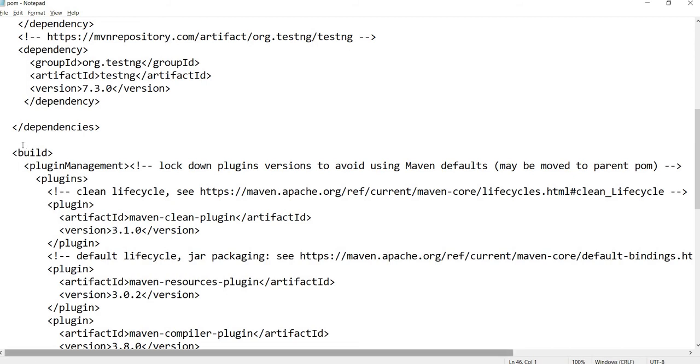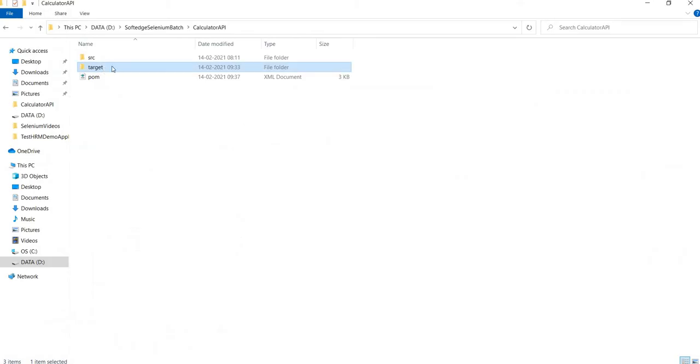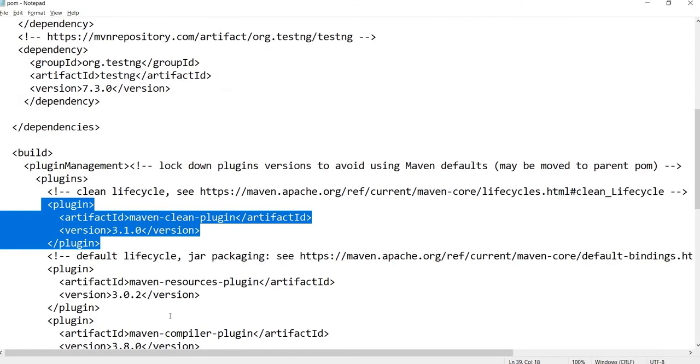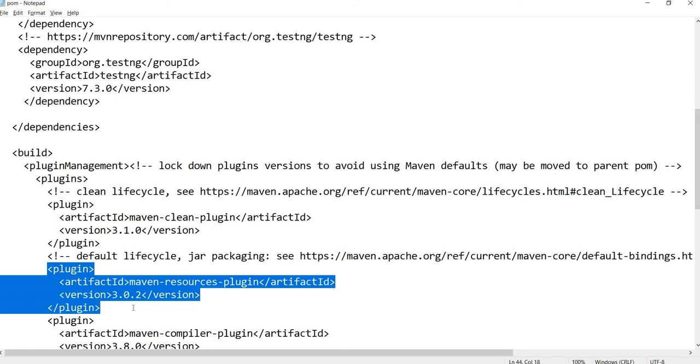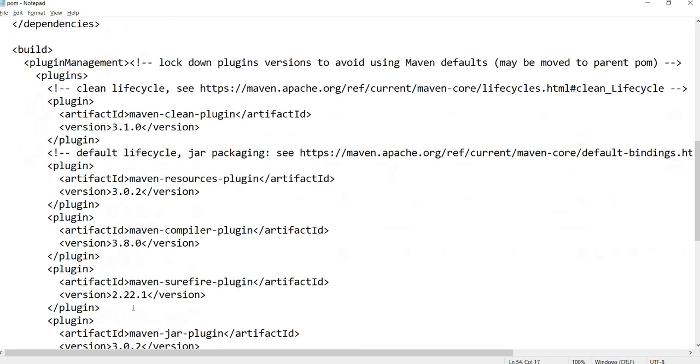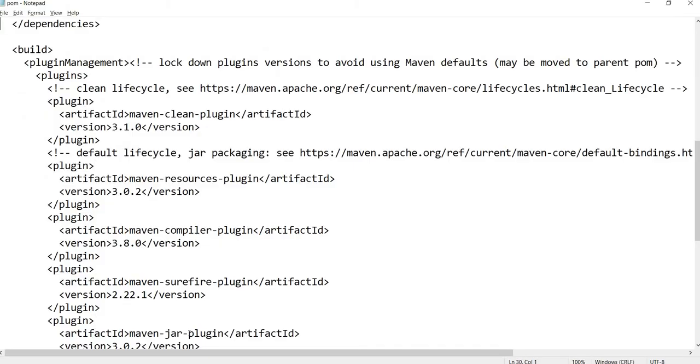You can see in the build lifecycle, this is the build lifecycle automated here. So it runs the plugins in the order. First it runs the Maven clean plugin and it runs the clean phase, which deletes this target folder. Next, it downloads the required dependencies from the configured artifact repository. If not configured, the default one will be Maven Central, right? So it will download the required dependencies by reading your dependency tag.